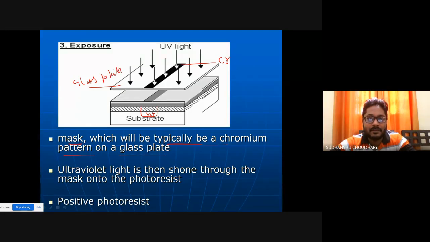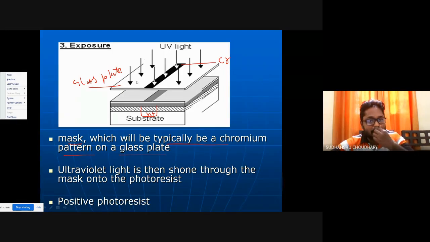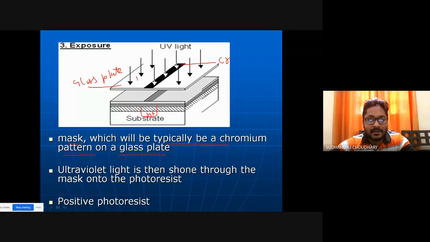So what is the job of this chromium pattern? When you expose this wafer to the UV light, these are the transparent regions. Let's say this is region number 1 and this is region number 2. Regions 1 and 2 are transparent, and region number 3 here is opaque.